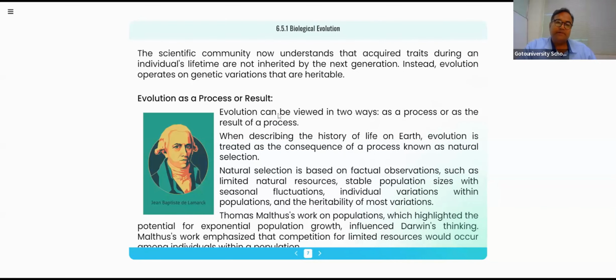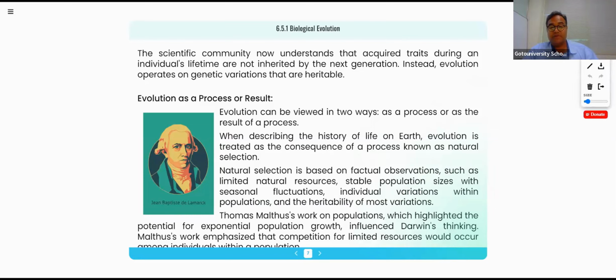We know very well that biological evolution is viewed in two important ways. Our Lamarck, the scientist whose picture is given here, actually did not fail in all aspects. Only in a few aspects did he fail, and the group of scientists changed certain concepts, and it became neo-Lamarckism. Right? Lamarck told, here, factual observations such as limited natural resources, heritable changes,